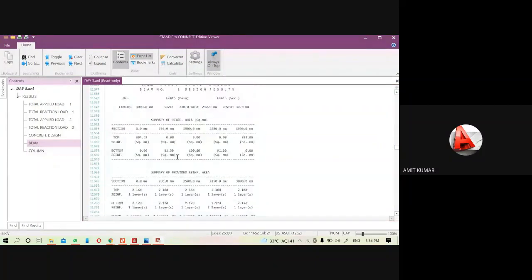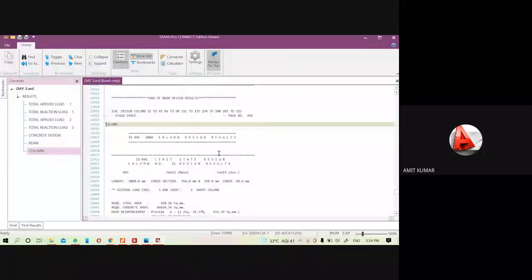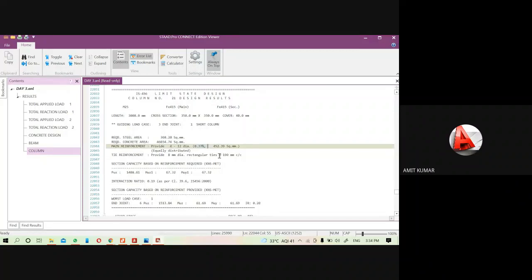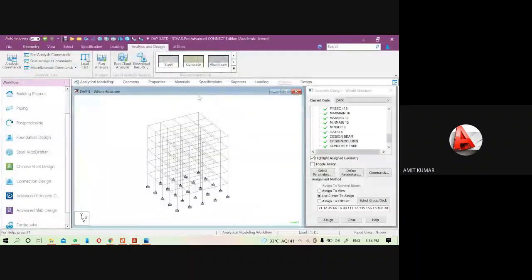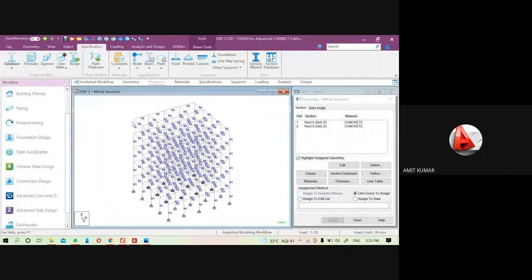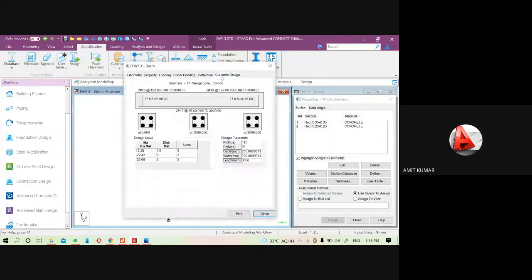And it will be the same for the remaining beams also. So come to the column. Column has 4 bars of 12 dia. This is 0.37% with tie bars at a spacing of 190 mm center to center, and the dia is 8 mm. Okay, so you can check it through the properties also. Just double click on any column, go to the concrete design, you can see it here. And for the beam also, concrete design here. So the data is written also.